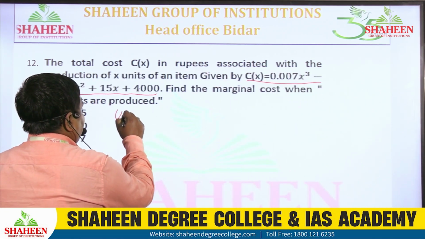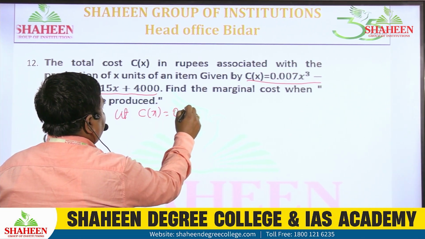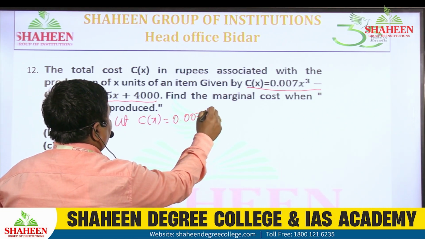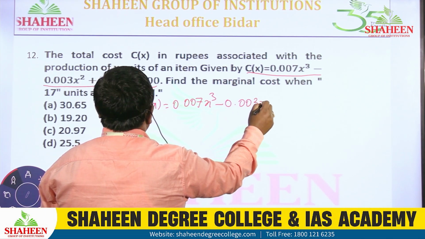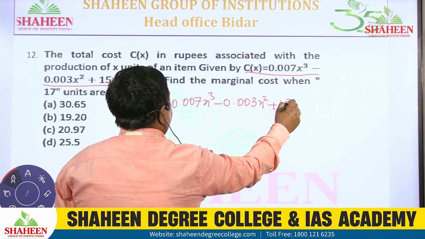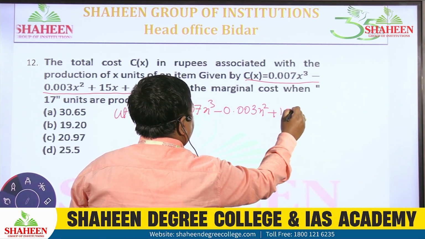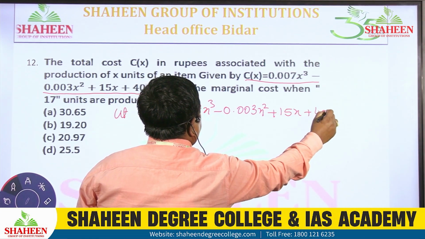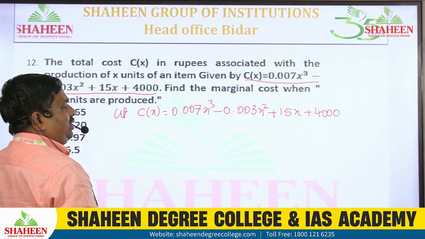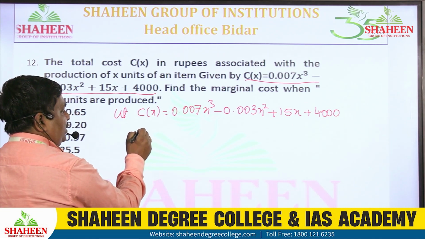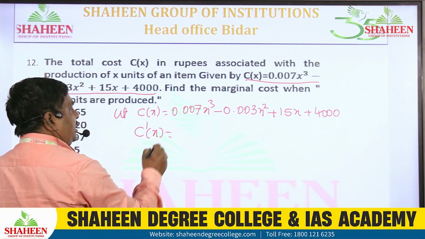Let us write the cost price here. Cost price is 0.007 x cube minus 0.003 x square plus 15x plus 4000. This is the cost price. The marginal cost is the derivative of this cost price function, that is, C dash of x is equal to